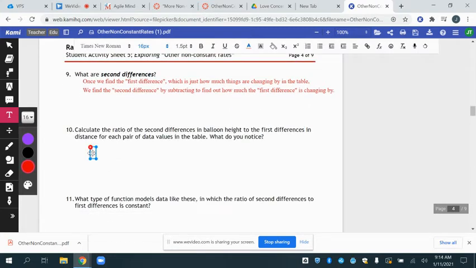It's always the same. The numbers are 10 and 16. They do not change. So, if we make a ratio of them, a fraction,